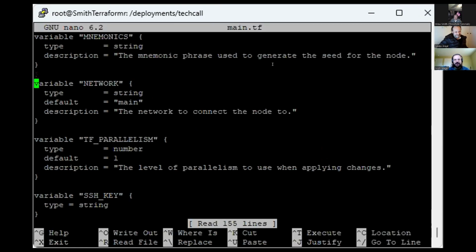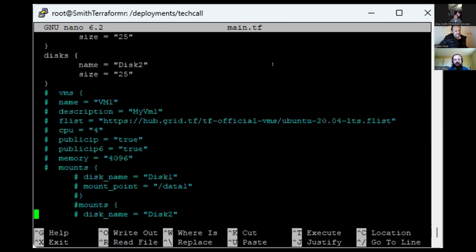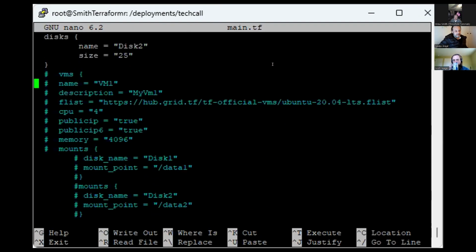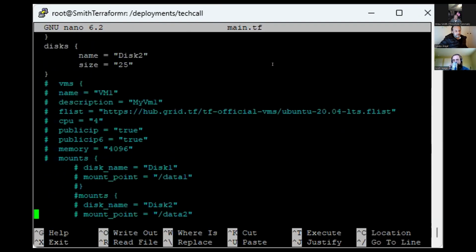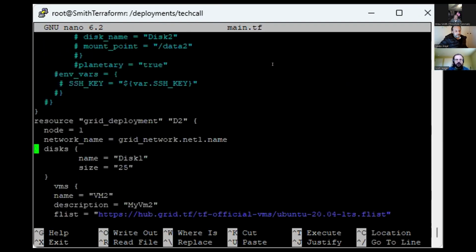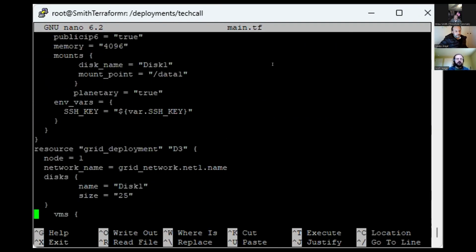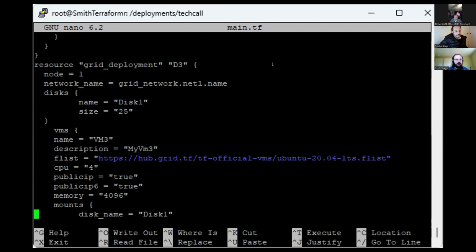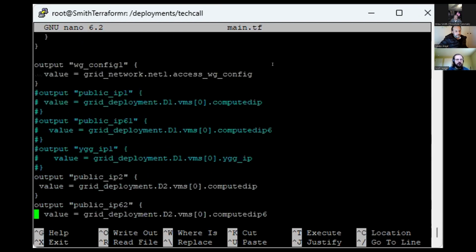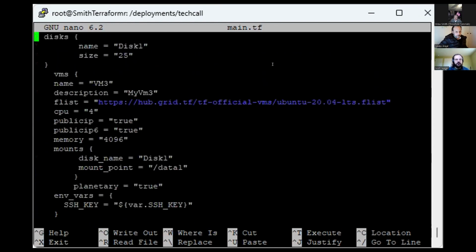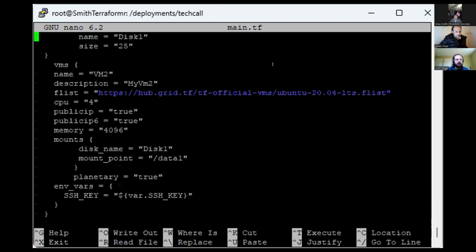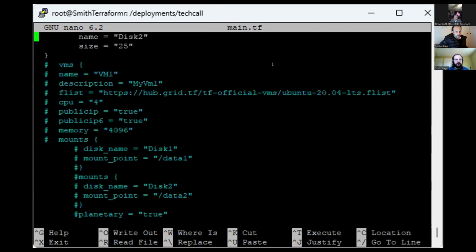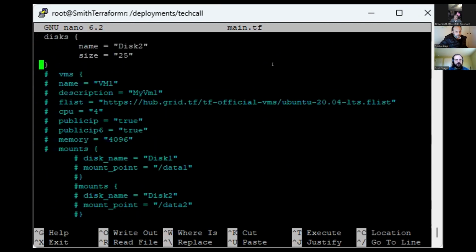So then we'll come back and so basically what I did there is I took everything below the disks line and commented it out, leaving the last bracket to close the deployment block, and it left those disks active. And then I just had to comment out my output variables down here for the VM so that it didn't call for an output variable that didn't exist. So now if we bring this back,